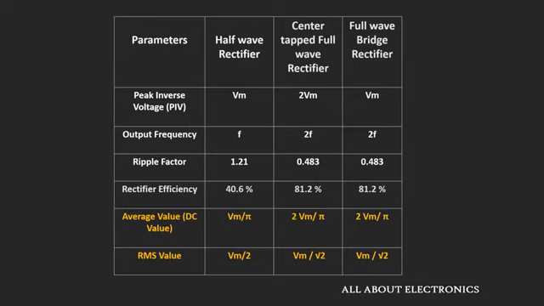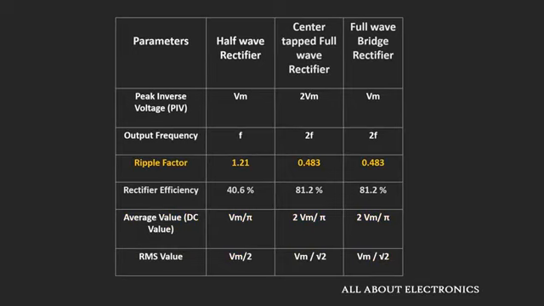In the previous video, we have seen how to calculate the RMS and average value for half wave and full wave rectifiers. So in this video, let us see how we can calculate the ripple factor for half wave and full wave rectifiers. And then we will also see how to find the ripple factor whenever these rectifier circuits are used with the RC filter. So first, let us see how to calculate the ripple factor for this half wave rectifier.